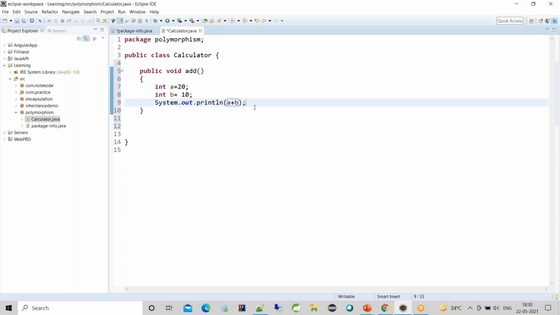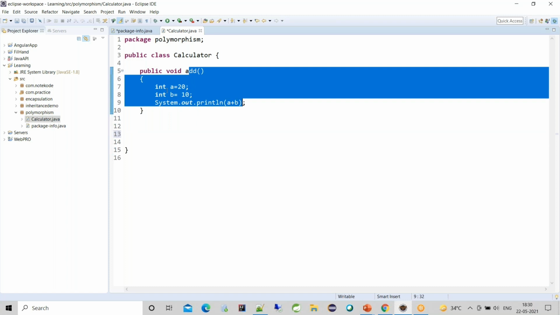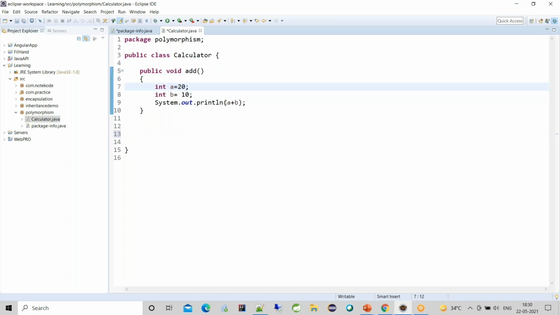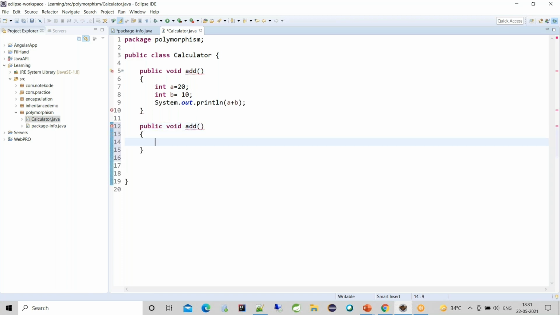Now, my requirement is, I have already created an add method, and it is taking two variables a and b and printing their sum. Now I want to create another add method to do a float sum. Can I create this method again like this?